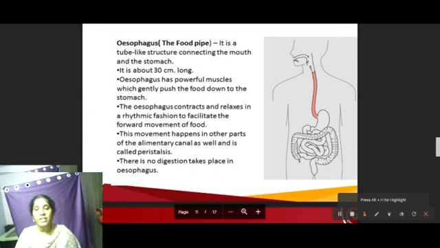Then followed by the esophagus. Now, as such, esophagus